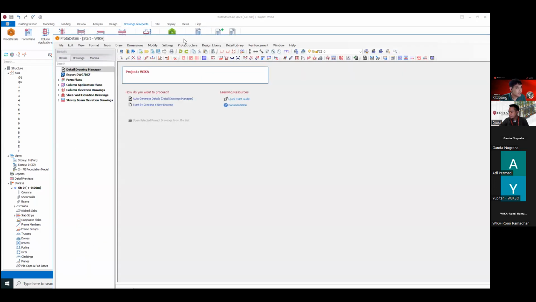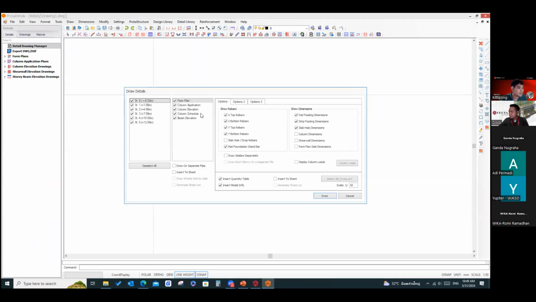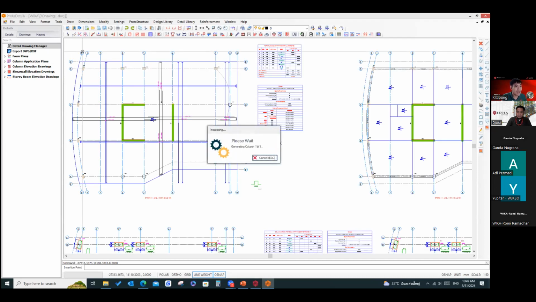This Prota detail has an auto generate detail drawing function for you. So just click draw, click on the screen and wait. If you already designed everything correctly and it passed, you will get the whole result in the drawing like this.